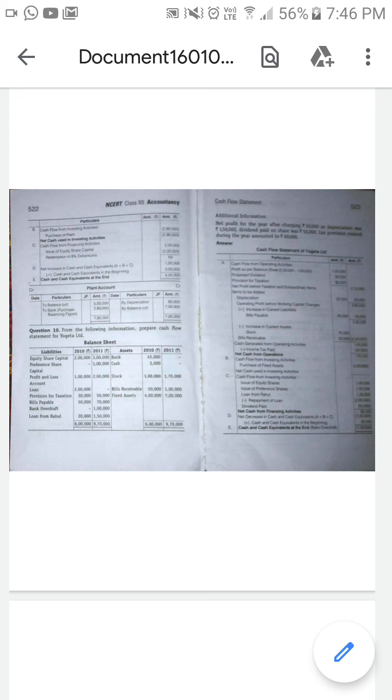If it is coming in a minus, it is called a bank OD. So there is a bank OD. What is the meaning? Cash and cash equivalents at the end of the year is called a bank OD. Why is it called a bank OD? Because the balance is coming in a negative. So there is some loan which is subscribed from financial activities.